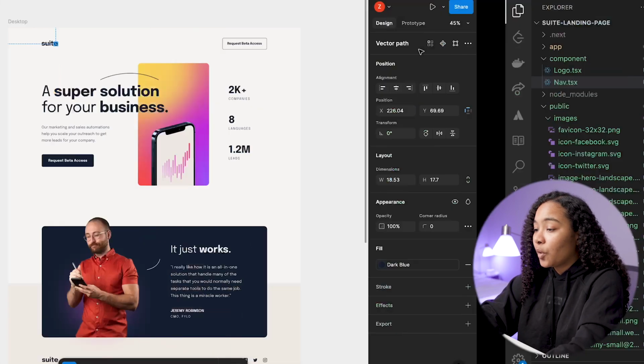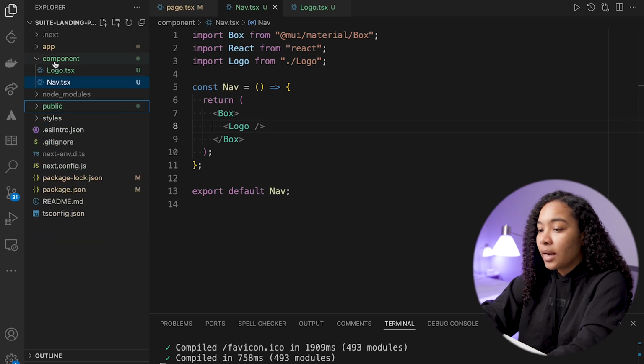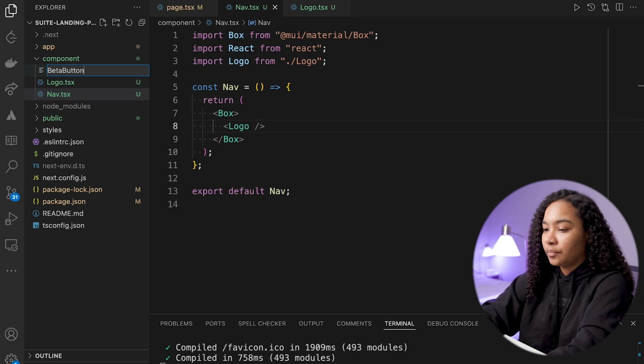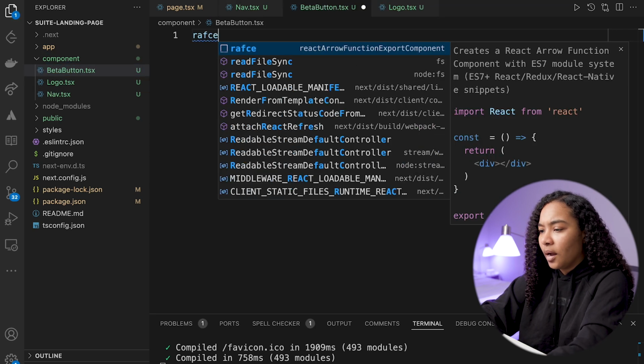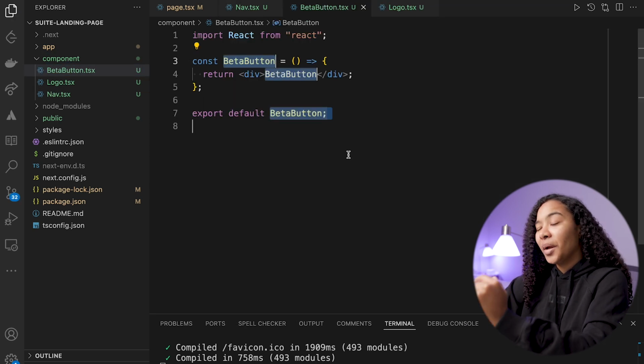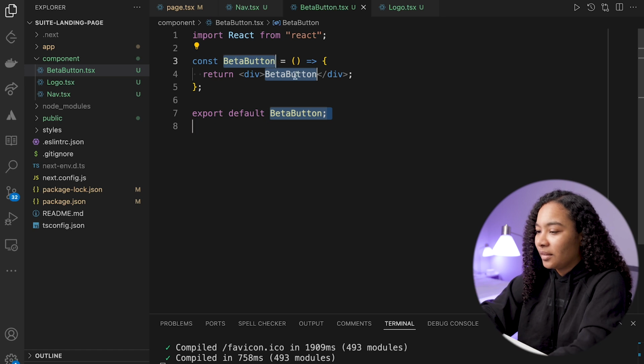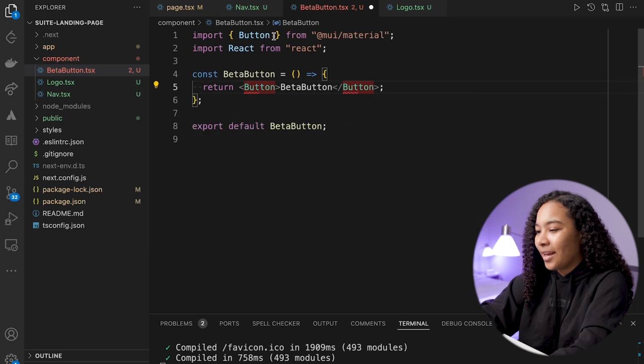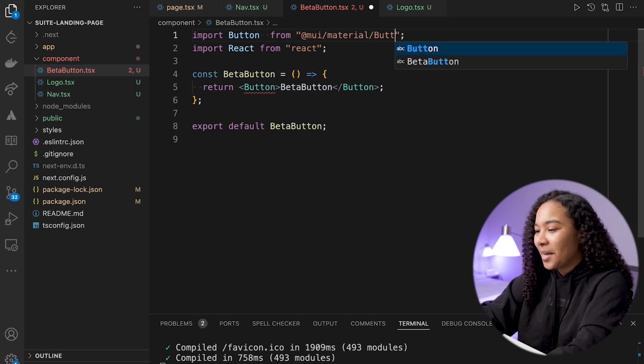Then the next thing is we want to create this button, right? So again, I'm going to create a button style. I'm going to call it beta button. You can call it whatever you want. I just do know that when I call it button, it does interfere with the material UI button import, so I try to avoid that, just to make my life a little bit easier. All right, so we're going to say button,